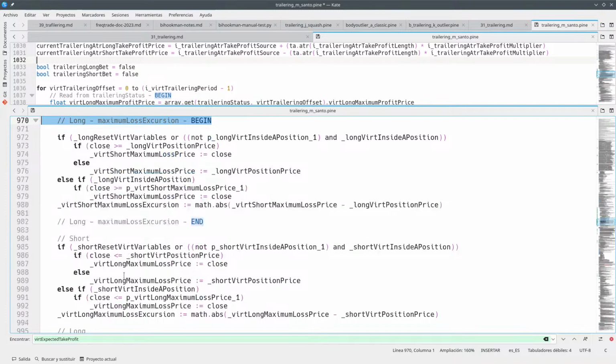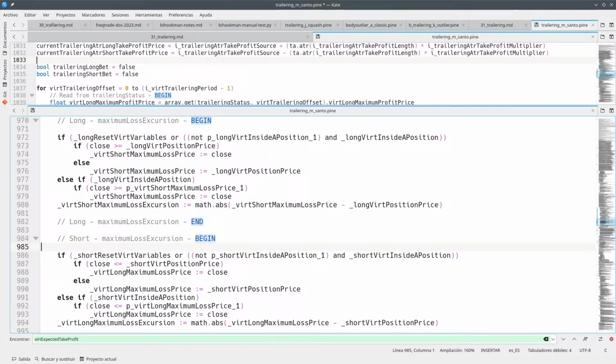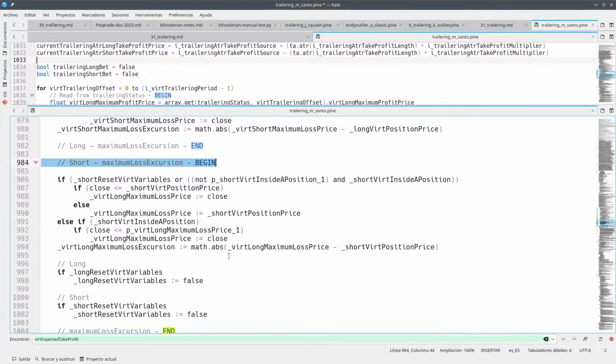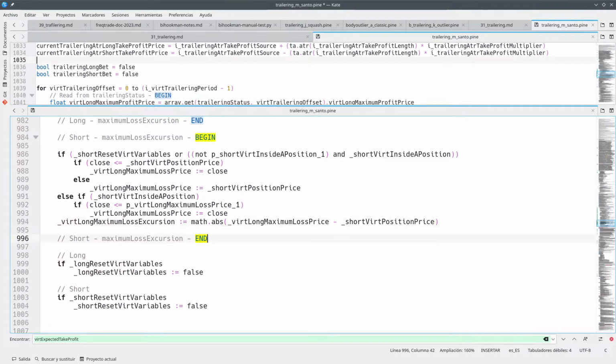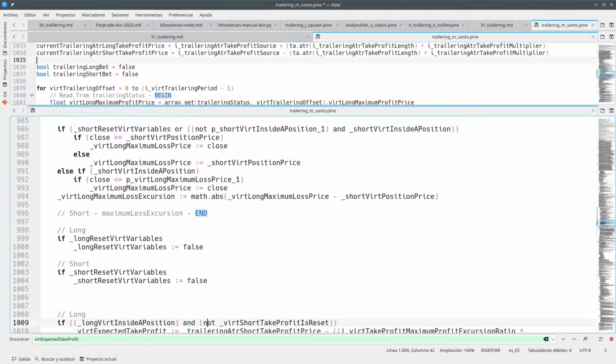So the same thing should be happening here, but with the short. So we've got the short place here, and at the very end we've got this long reset variables thing. Oh my god. We've got this end here. I think this should be down here. I'm not sure why we've got this stuff